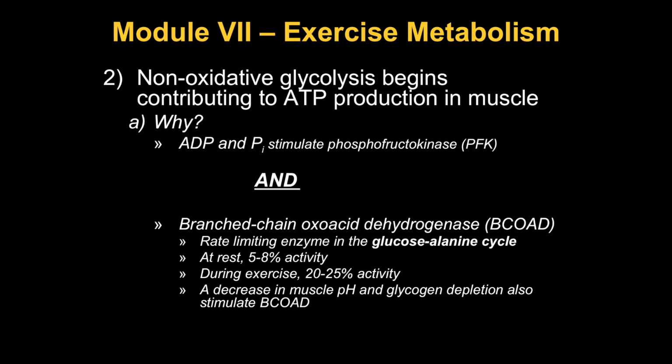We also, at the same time, start to get a little bit of contribution from non-oxidative glycolysis. So that starts contributing to ATP production. Again, ask yourself the question, why is this happening? The reason is, well, because if we're breaking apart ATP, then we've got ADP in higher concentrations as well as higher concentrations of that phosphate that's been released. That will stimulate phosphofructokinase, PFK, which is a key regulating enzyme of glycolysis. It's the point at which we go from fructose